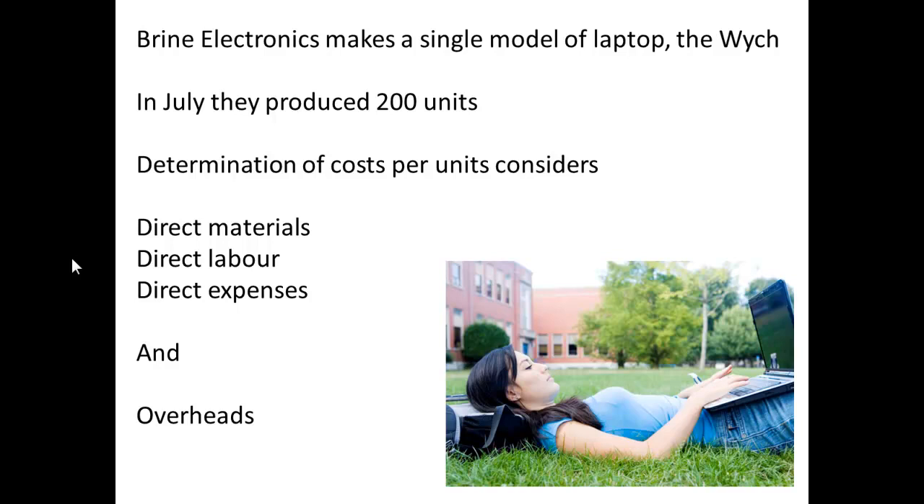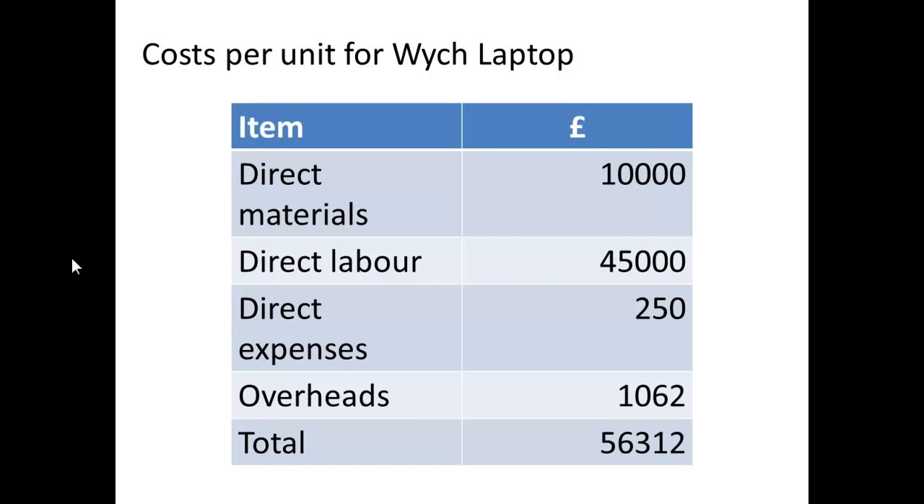Let's take Brian Electronics producing a laptop, and they produce 200 units in a month, and we determine the costs by considering direct materials, labour and expenses, and also by looking at overheads. So I'm going to look at their figures for the last month. The cost per unit: 10,000 for direct materials, 45,000 for direct labour, 250 for direct expenses, 1,062 for overheads. So my total cost for the laptops was